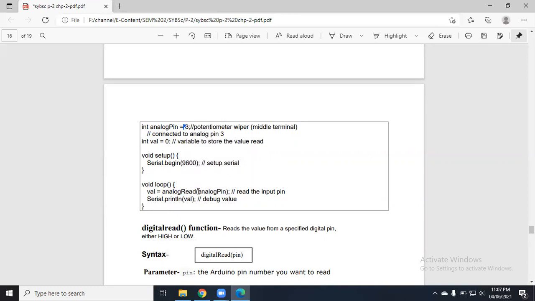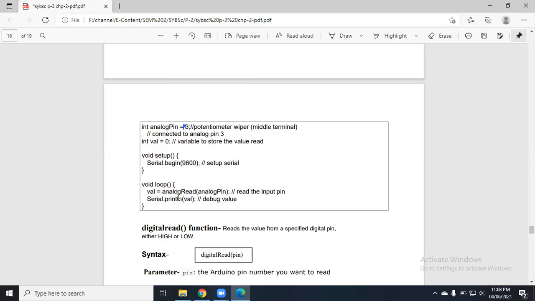Instead of writing the analog pin, you can write A3, that is fine. From this analog pin we are reading the data and storing it into val.